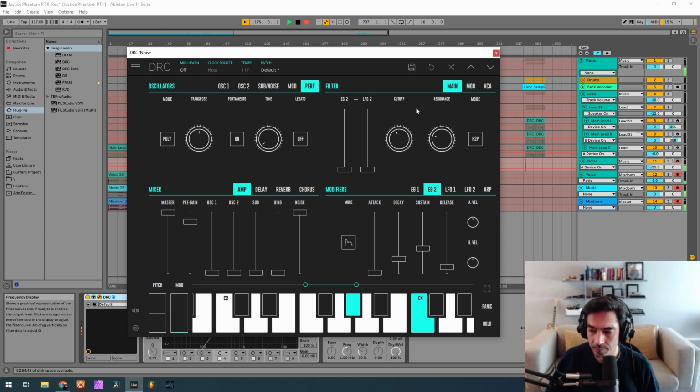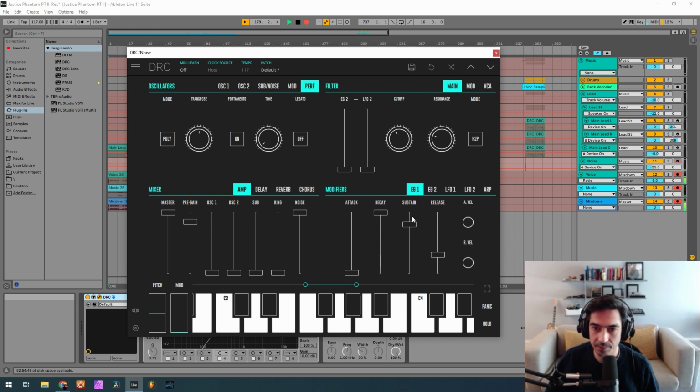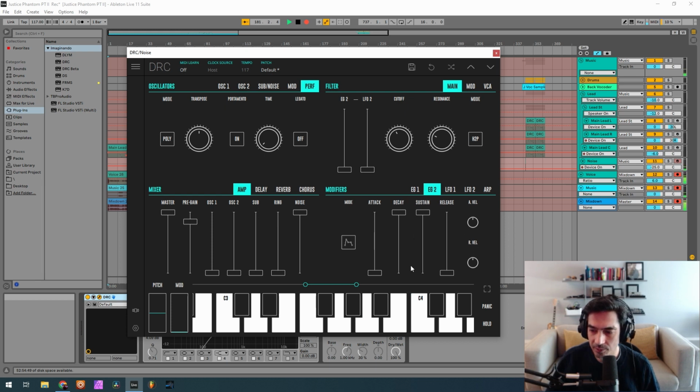Now we want decay, sustain at maximum, and release at 0. Sorry, that was on the first envelope generator. On the second one, we want actually 0.62 on the attack. And then on the release, we want 100. About there, it should be okay.